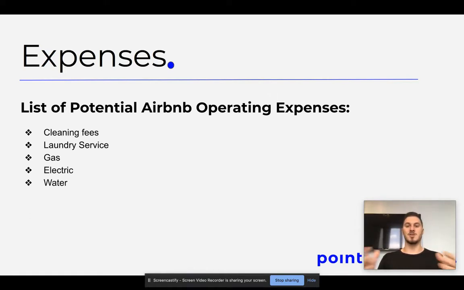So you want to make sure that you know these numbers regardless. Okay. And you'll understand that a little bit better as we get to the sales side of things. So gas, electric, water, how much does that cost on average? From my experience, there isn't much of a difference between an annual tenant and a short-term rental tenant. They're roughly around the exact same of what the bill is going to end up costing you throughout the entire